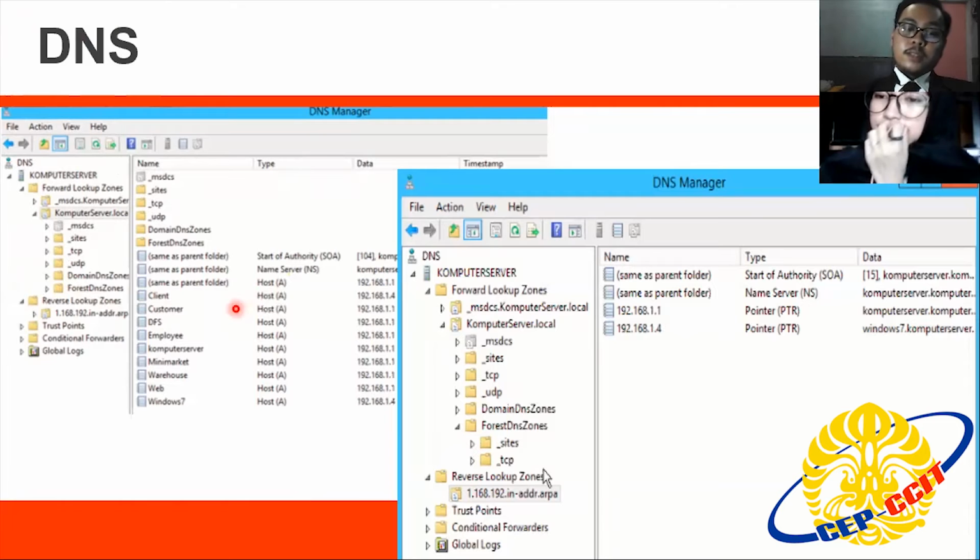DNS, domain name system, is a UDP protocol for changing IP addresses into domains. Our server has an IP address. We make the IP address of the server 192.168.1.1, and then we make the IP address of the client 192.168.1.4.